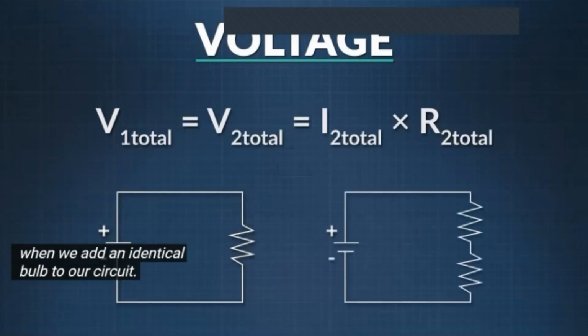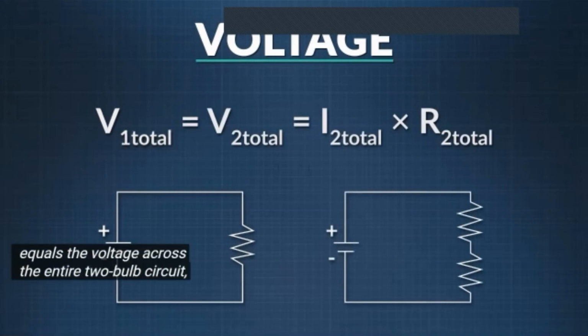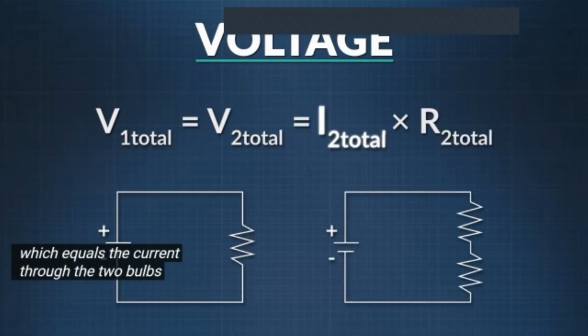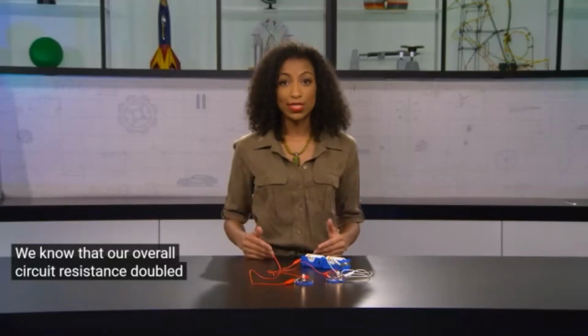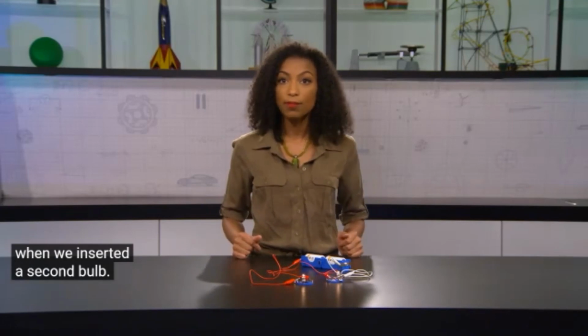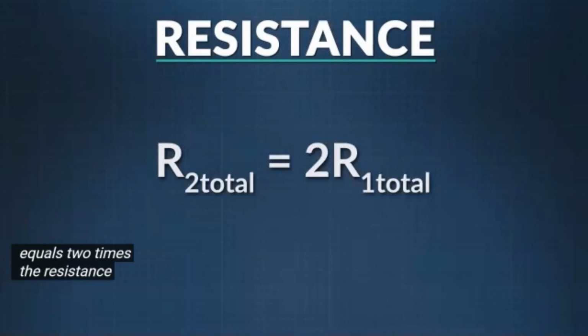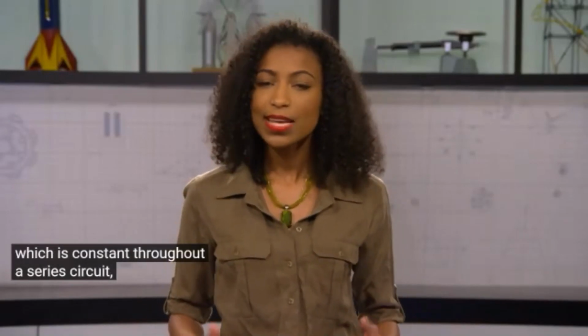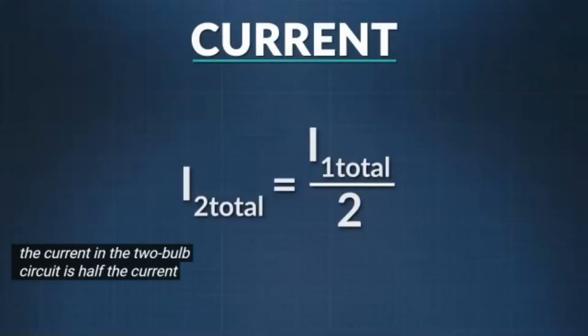This is what happens when we add an identical bulb to our circuit. In this equation, the voltage across the single bulb circuit equals the voltage across the entire two bulb circuit, which equals the current through the two bulbs times the combined resistance of the two bulbs. We know that our overall circuit resistance doubled when we inserted a second bulb, shown in this equation. Resistance in the two bulb circuit equals 2 times the resistance of the single bulb circuit. This means the current in the circuit, which is constant throughout a series circuit, is half of what it used to be. As a formula, that is, the current in the two bulb circuit is